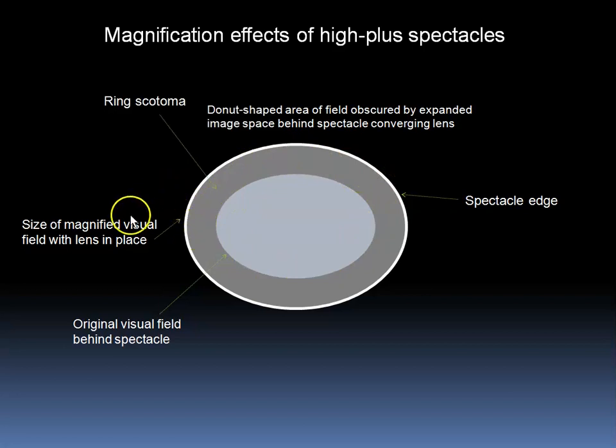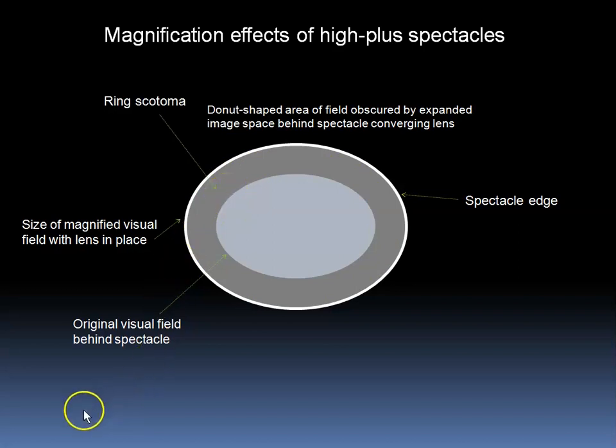Because the space behind the lens is a magnified visual field, the original visual field demarcated here is expanded to fill the entire space over here. In other words, there's an area in between the original and magnified images which is covering up a ring of visual field that becomes invisible. We call this a ring scotoma, which is a donut-shaped area of field obscured by the expanded image space behind